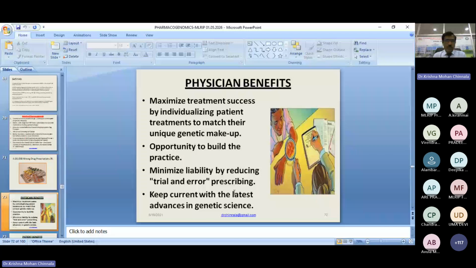So that is possible here. One drug suitable for all is a wrong concept, and the trial and error method that doctors are following may be avoided, and they may give 100% treatment here. Okay, so there is an opportunity to build the practice also and keep current with the latest advances in genetic science. And patient benefits we already discussed with the